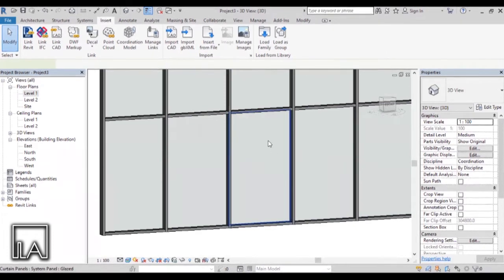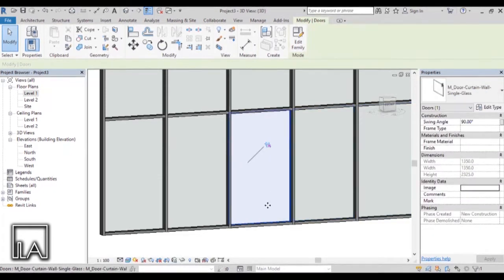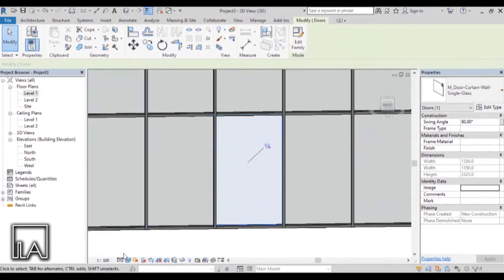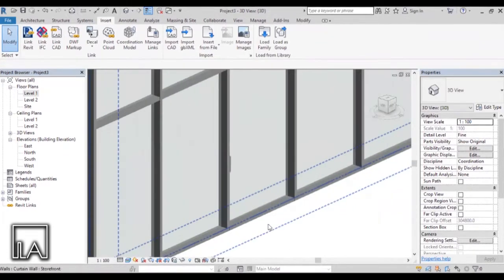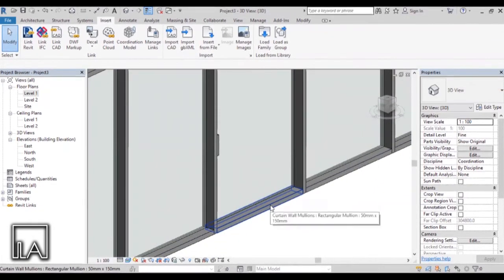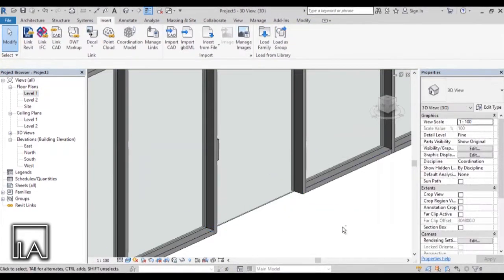Now let's select the glass and go to the properties. As we go to the properties, you will see the 2 doors are loaded here. First, let's try adding a single door. I'll click on it and it's loaded, but it doesn't show any change because in detail level we are in medium. Click on it and make sure you're in fine and you can see the handle. Although we have added the door, there is a bottom mullion which should not be here. Click on it and you will see it is pinned again. Unpin it and remove it.